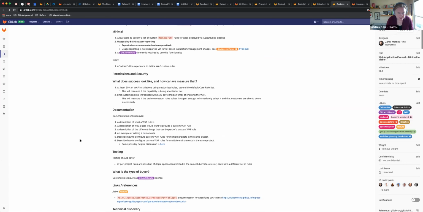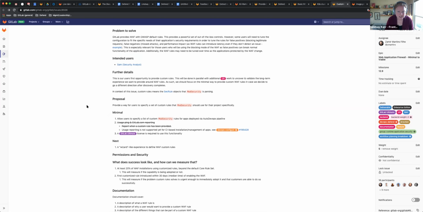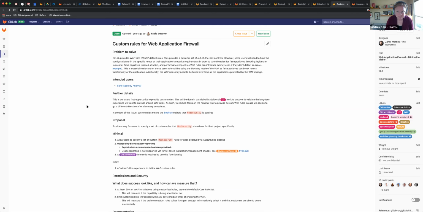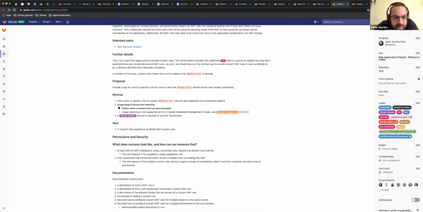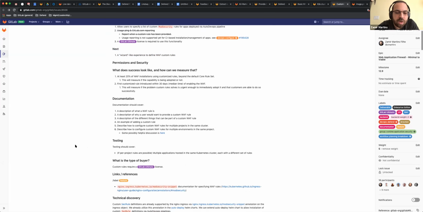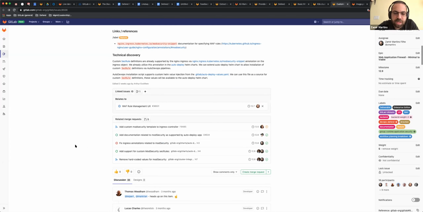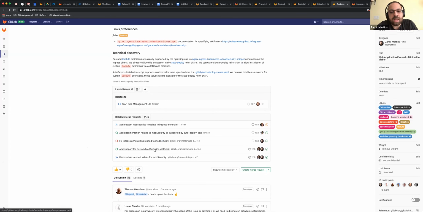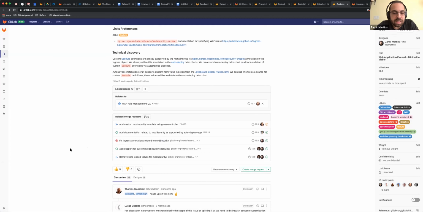Further work? Okay. Sorry, Zamir, I'm not totally following. Can you repeat that? If you see the proposal, under proposal, there is a minimum, and it's the back end part. And then you have next. I don't know if next is the next issue, and that would include the wizard with the UI properly. That's what I got from this. Okay. So the backend part, there are two pending MRs, one for documentation and one for one of the modules that we handle. And then the UI part would be the only part left.